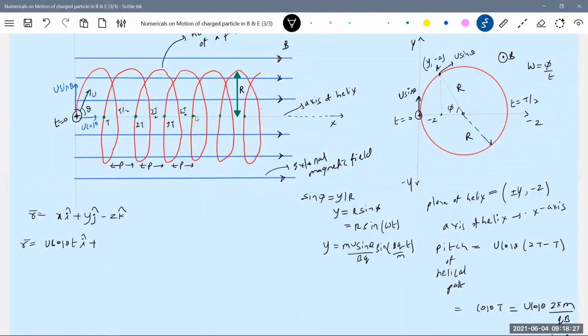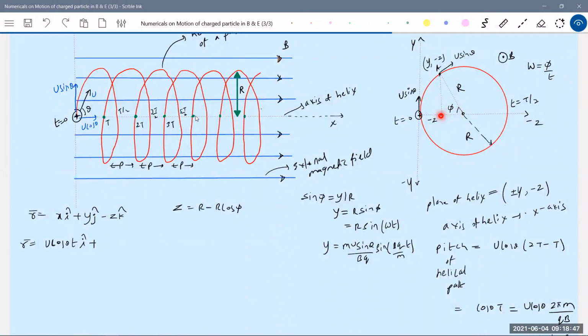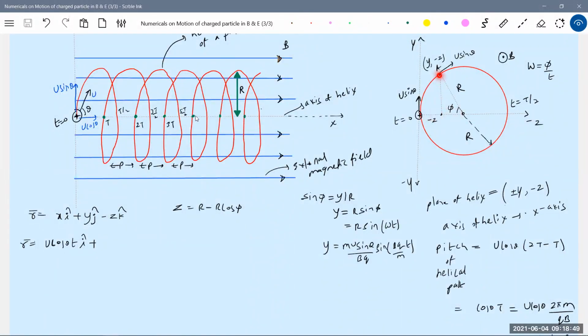What about the z coordinate? R minus r cos phi, that coordinate should be. This total distance is capital R. What is this distance? It will be r cos phi. This is r sine phi, this is r cos phi. I want this distance because this is that coordinate. I'll remove this minus z, it will be much easier for you. So this distance is